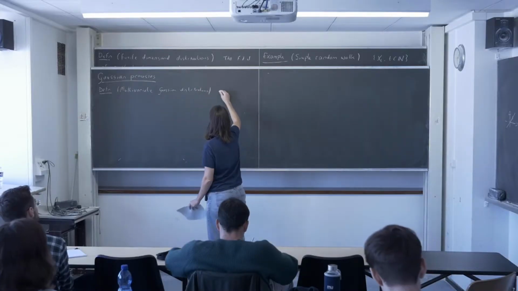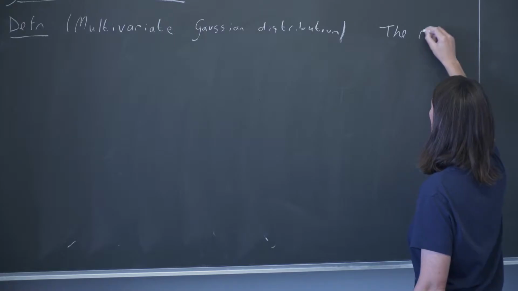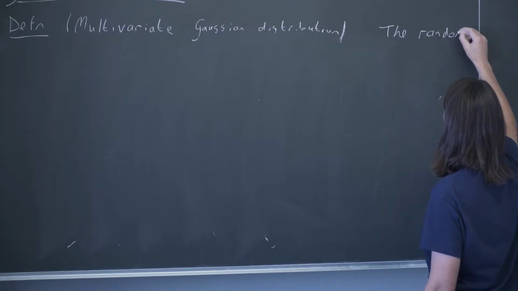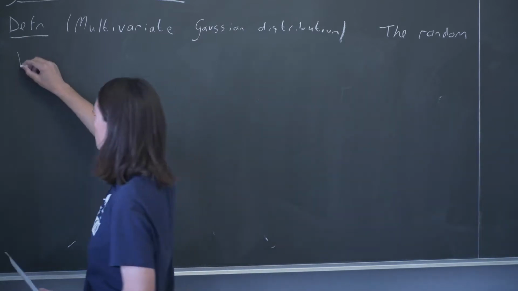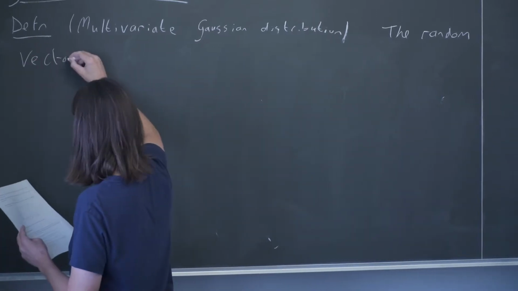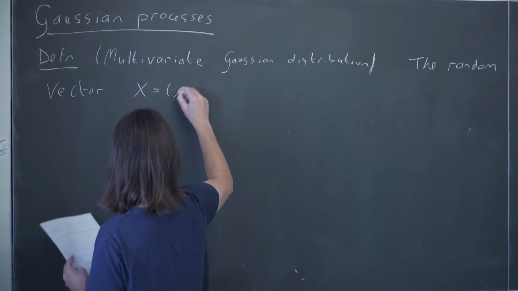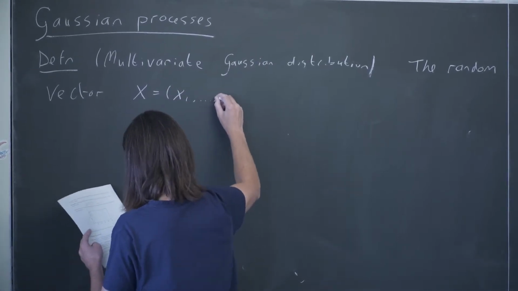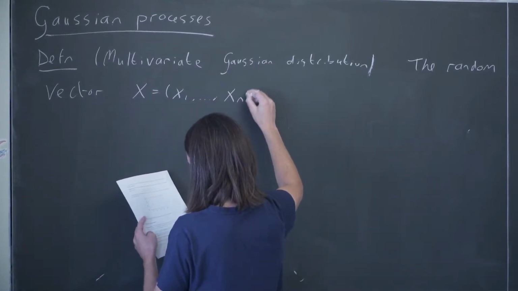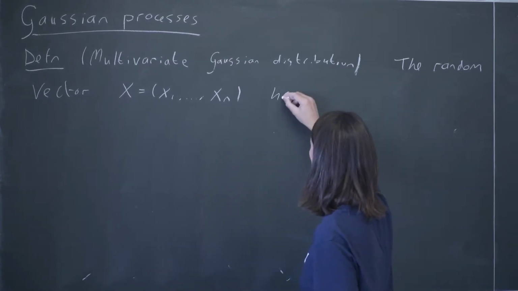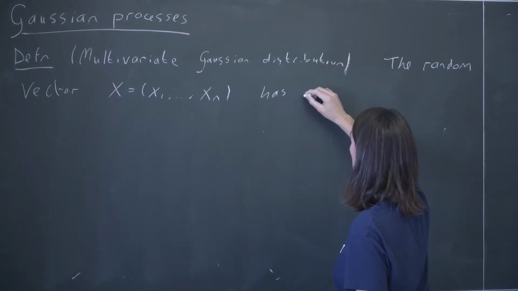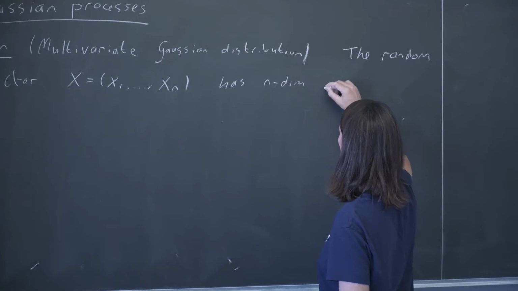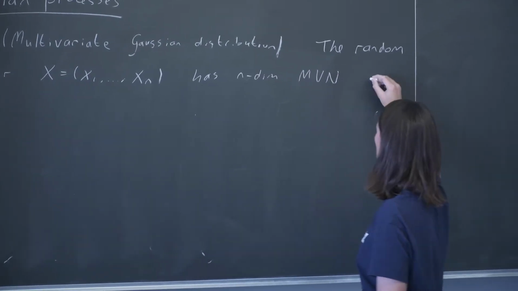This is a distribution for a random vector X = (X_1, ..., X_n), and this has an n-dimensional multivariate normal distribution